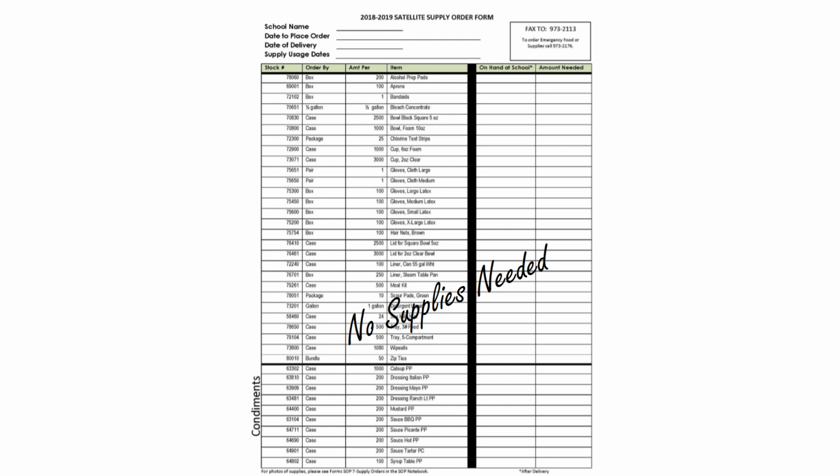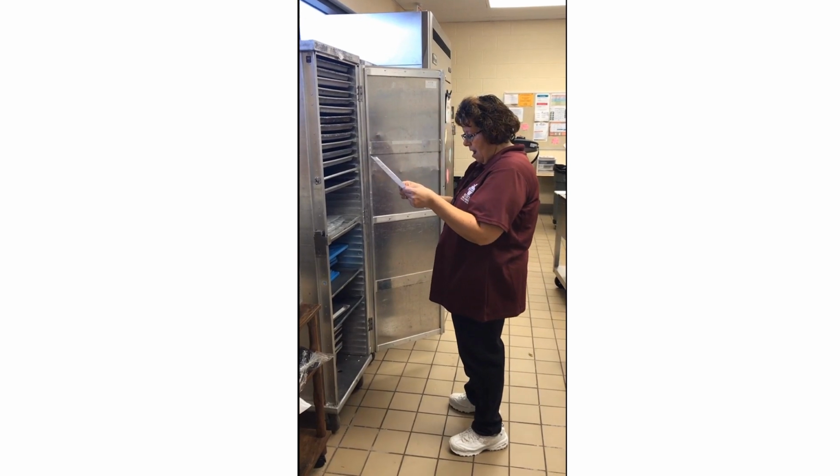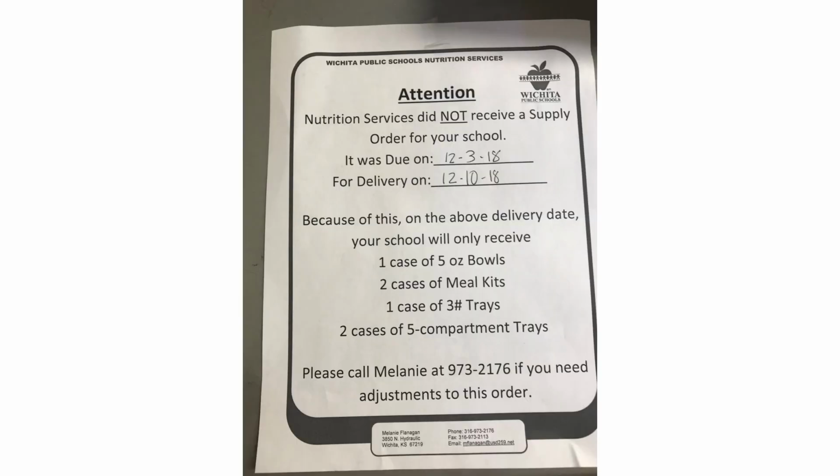If by chance you forgot to fill out a supply order form, or a supply order form was not received by the FPC, the school will be sent a flyer in the cold cabinet notifying them that they will only receive the following items on the next delivery: 1 case of 5-ounce bowls, 2 cases of meal kits, 1 case of breakfast boats, and 2 cases of lunch trays. If you received this flyer and forgot to order in error, you need to call FPC so the FPC